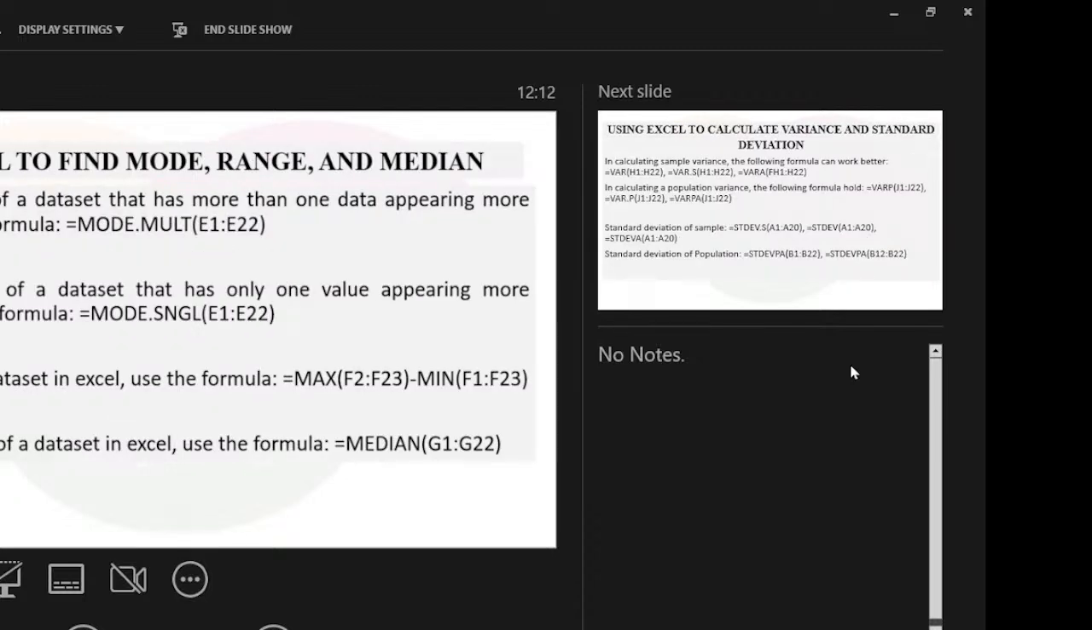So now we're using Excel to find mode, range, and median. So again, use the equal sign. If you want to find a mode, it's possible that you can have a data set where more than one value occurs the most. What do I mean? For example,